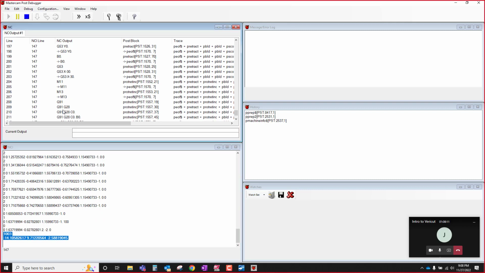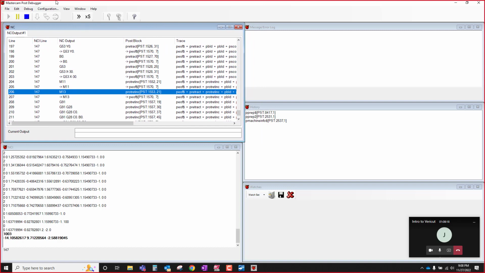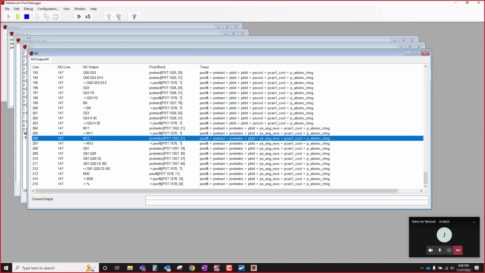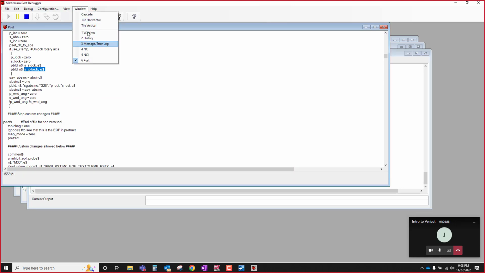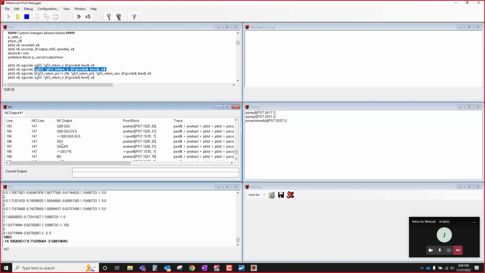Oh, right over the top of where's my post window. Let's go Cascade, History, View, PST. There we go. Window, Tile Horizontal. So depending on what you're looking at, if a lot of stuff is actually unencrypted in the post, you can find it. In this case, there's some stuff in here where we can find the output in the post section,